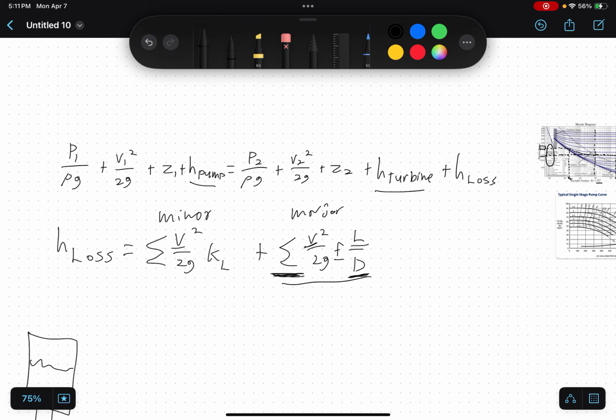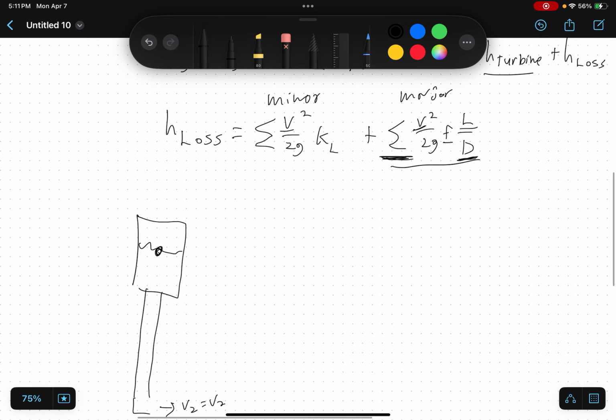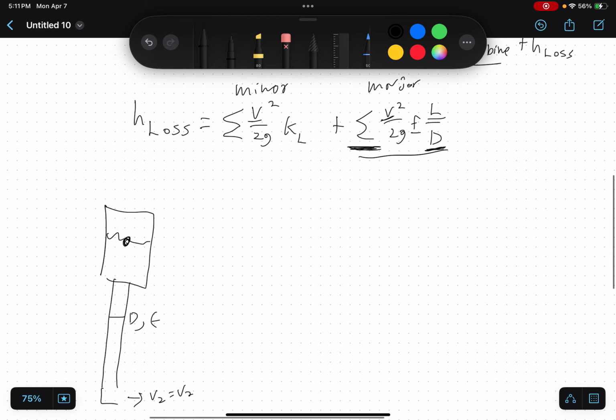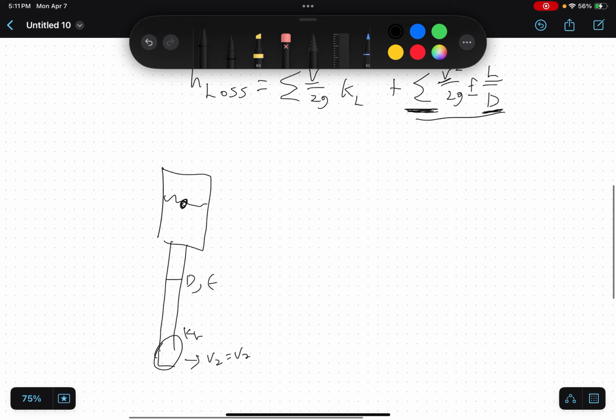Typically, the way this will work is you'd be given this drawing, you'd be given the pipe diameter, you'd be given the E value to get the major loss, and you'd be given the KL for that bend. And then they'd ask you,